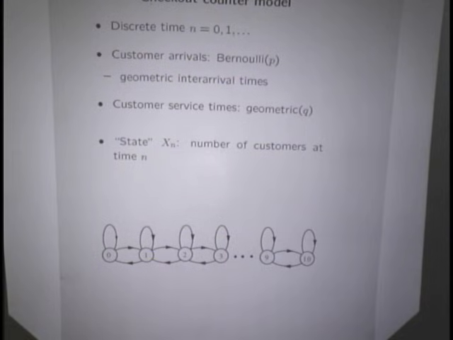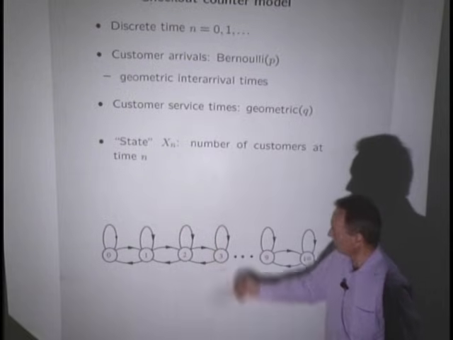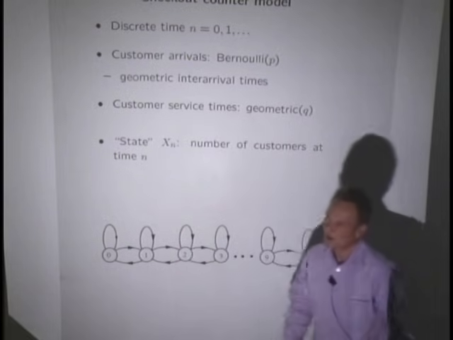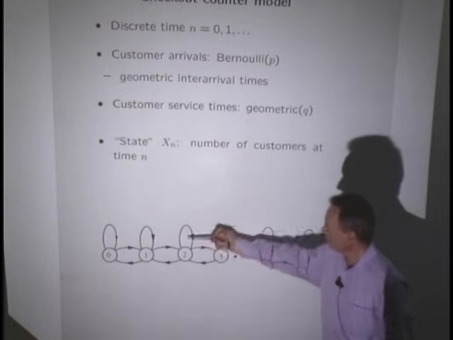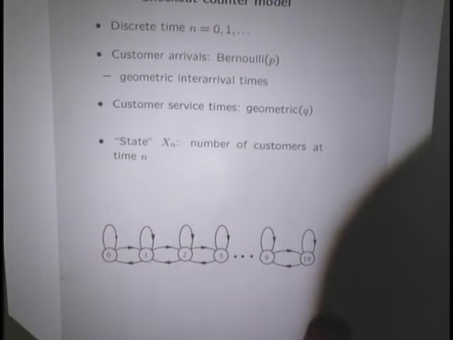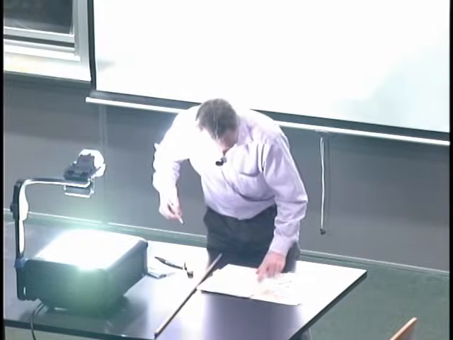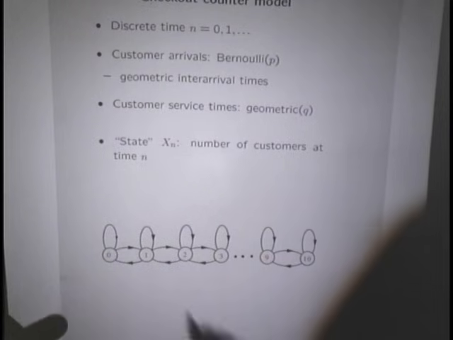Then the next thing to do is to start describing the possible transitions between the states. At any given time step, what are the things that can happen? We can have a customer arrival, which moves the state 1 higher. We can have a customer departure, which moves the state 1 lower. There's the possibility that nothing happens, in which case the state stays the same. And there's also the possibility of having simultaneously an arrival and a departure, in which case the state again stays the same. So let's write some representative probabilities.